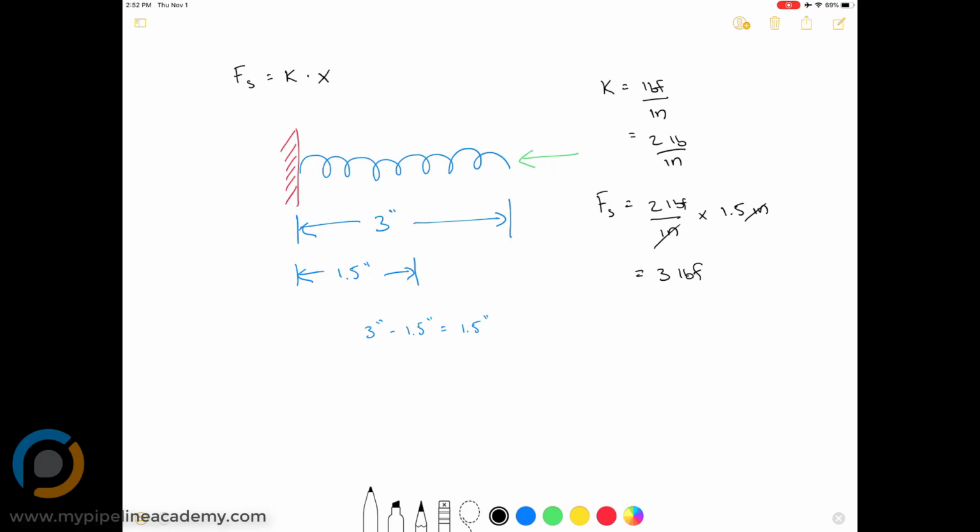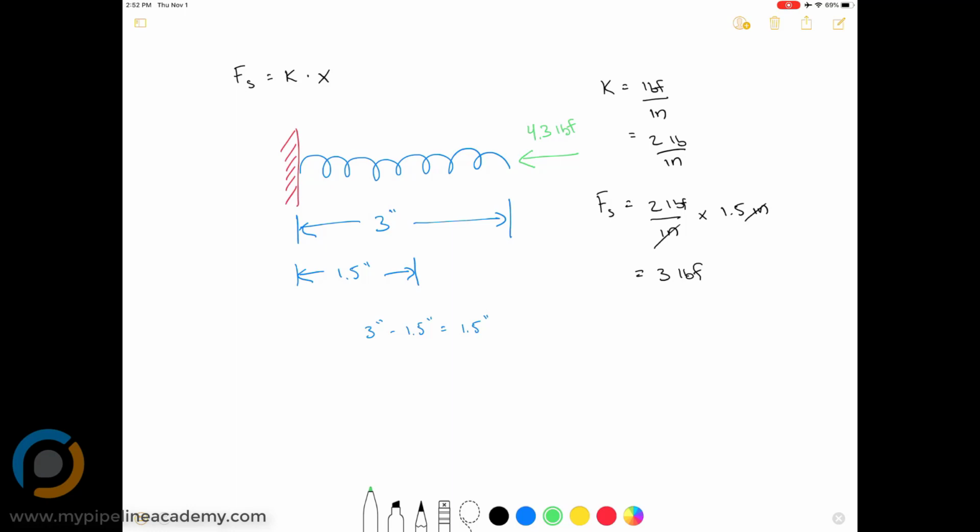Hold on, is that what we want to do? Let's do it a little bit differently. What if we apply, let's make it something not so clean, 4.3 pounds of force right here,